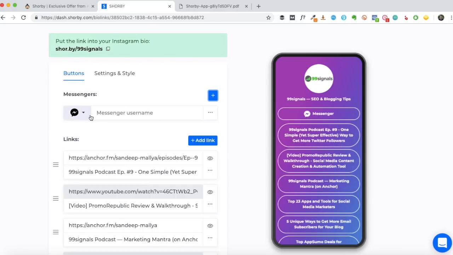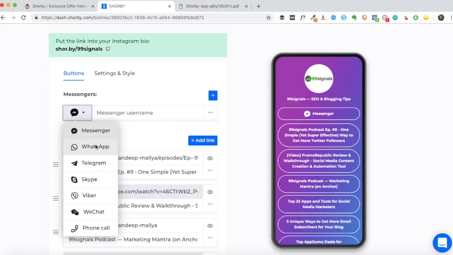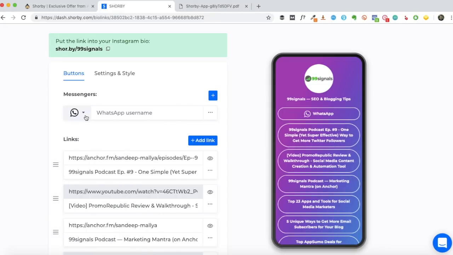And if you're someone who doesn't use messenger, if you prefer Skype or WhatsApp, you can add details for that as well. Some people have messenger bots that they've created for their pages, so it would make sense for you to have a link to your bot here. If you are running a business where you value customer service a lot, and Instagram is one of your primary channels to engage with your audience and interact with them, then it would make sense for you to include a link to your preferred messenger.